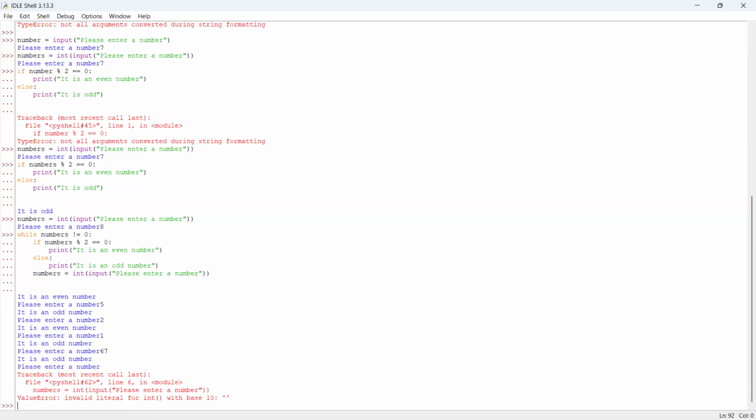Please, I need your response so that I know that you are following. I said, can you see where you have that condition while numbers not equal to 0? Can you see where you have it? Yes, sir. Good. We are going to do the code in such a way that instead of it just checking while numbers is not equal to 0, it will check while numbers is not equal to 0, or while numbers dot is digit